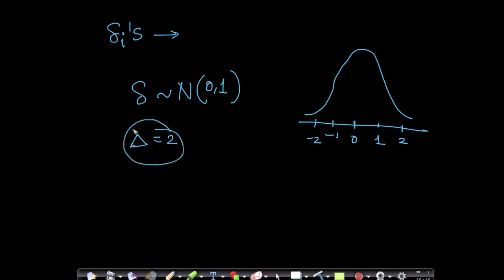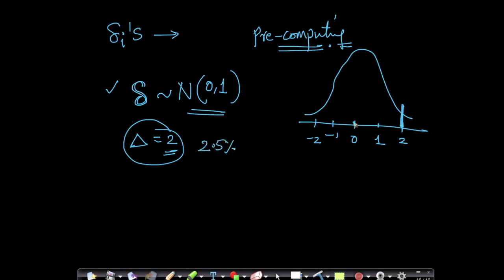Now my question here is, since my capital delta is 2, what is the probability? And I also know that my small deltas come from a normal 0-1 distribution. So in the olden days, in the pre-computing days, and again, modern computer science and the availability of programming is only 50, 60 years old, right? Prior to the Second World War, people actually tried to understand what is the distribution of your deltas. If your deltas come roughly from an N(0,1) distribution and you observed a capital delta of 2, then you would say, oh, the chance of observing a value this high or a value higher than this is only 2.5%, right? Because in a normal distribution, you know that there is only 2.5% of points here, right? And there are 2.5% of points here,